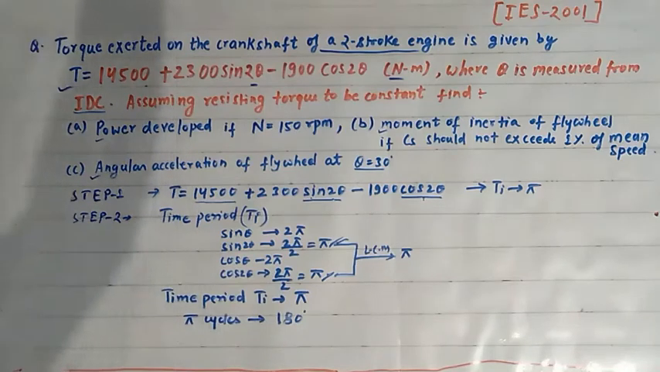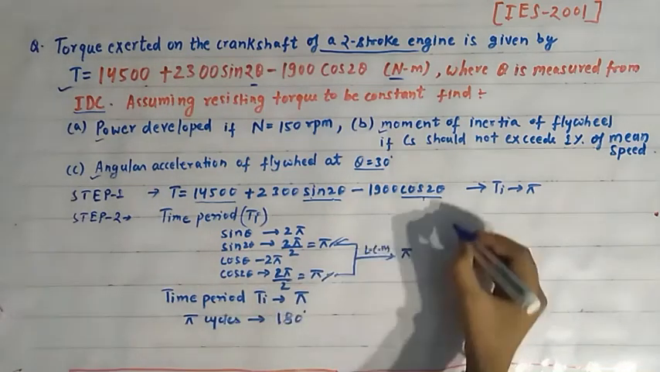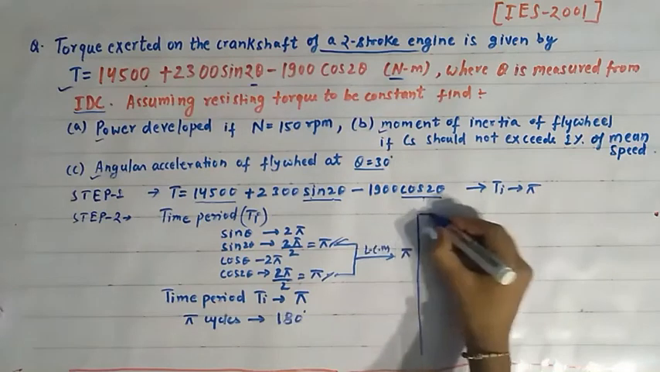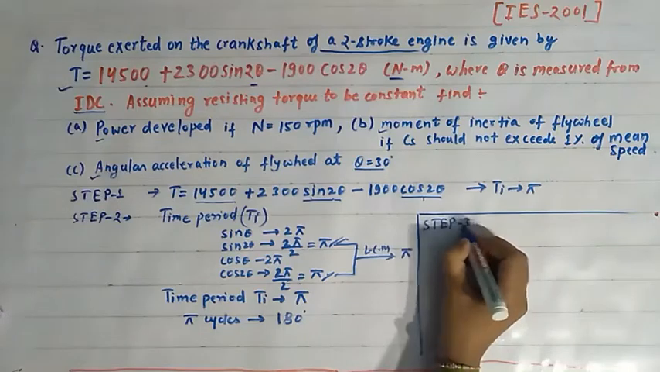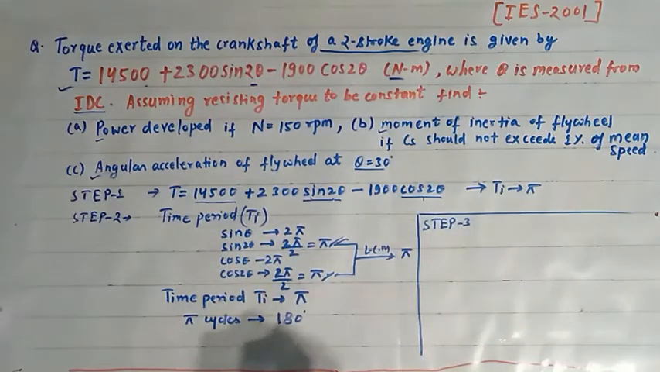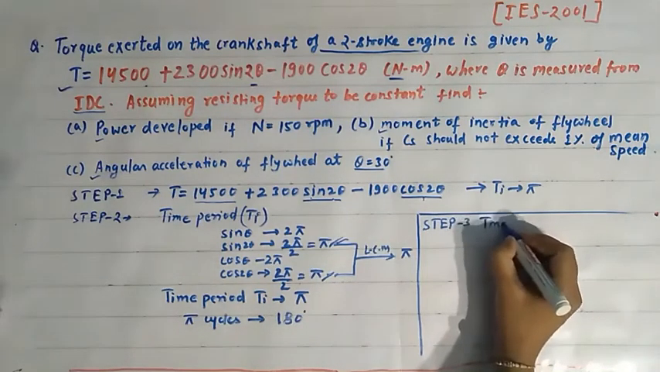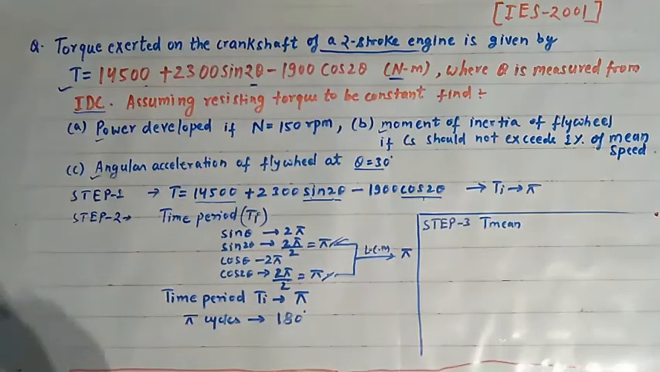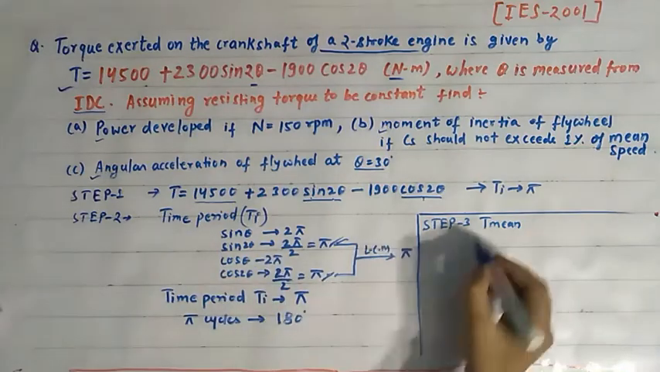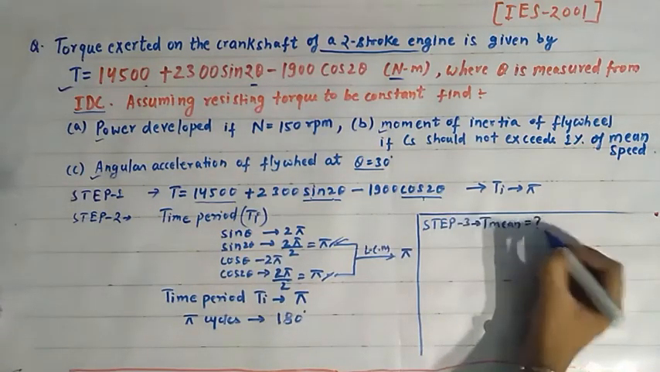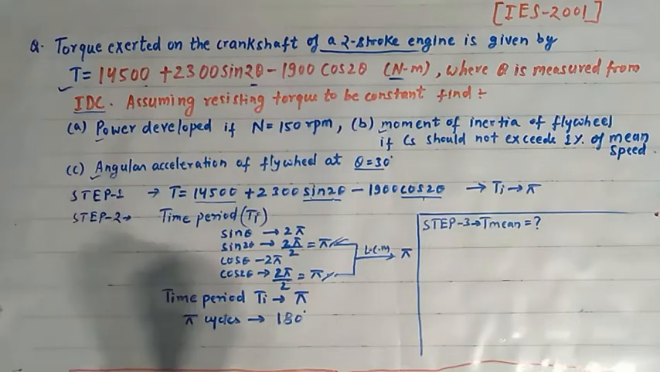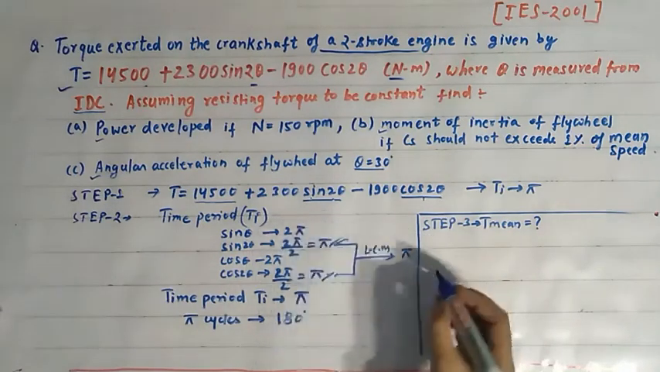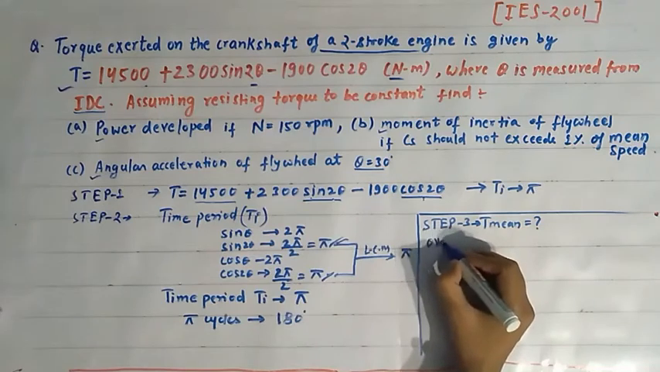Now we will move to step number 3. In step number 3, we have to calculate the mean torque, T mean. I will show you two methods to calculate the mean torque. In this step, we will calculate the mean torque by the first method. The first method says that over a cycle,